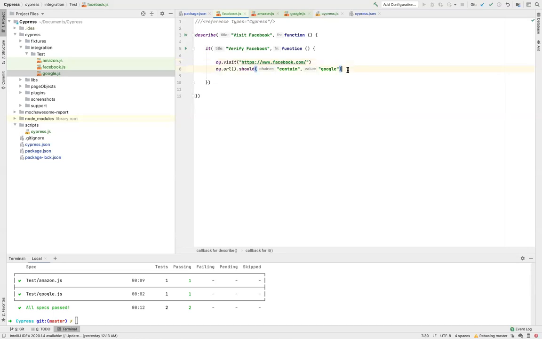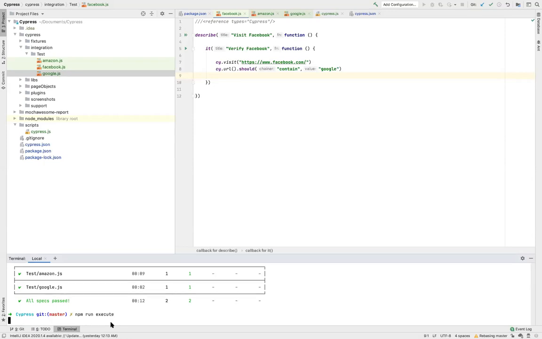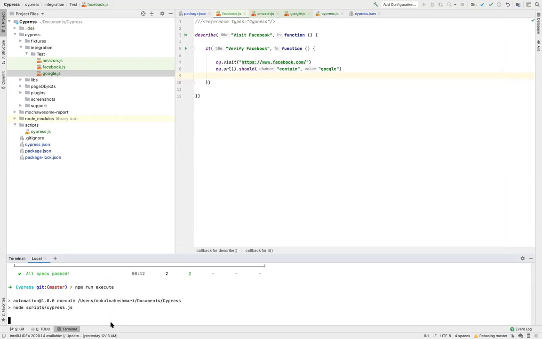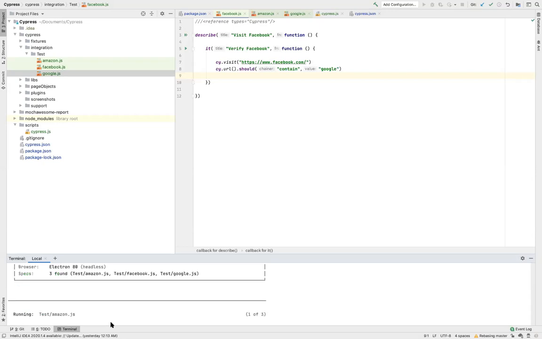I'll intentionally fail this test case because I want to show you in a demo that the failed test case will also be covered. I'll execute my test again. All right, the test started running.